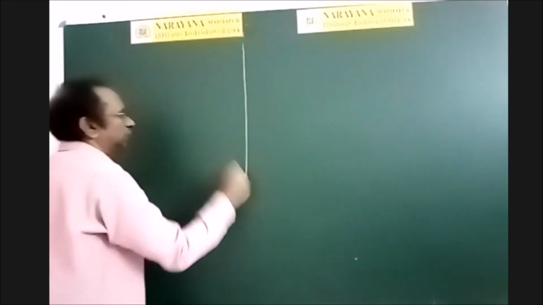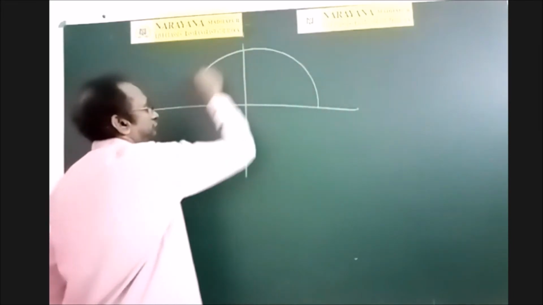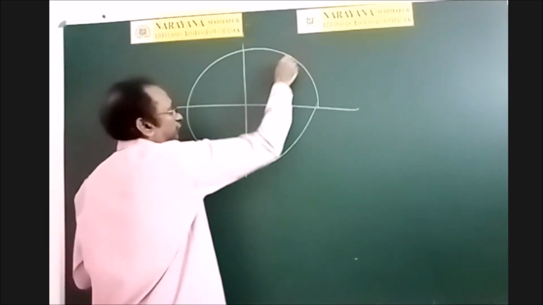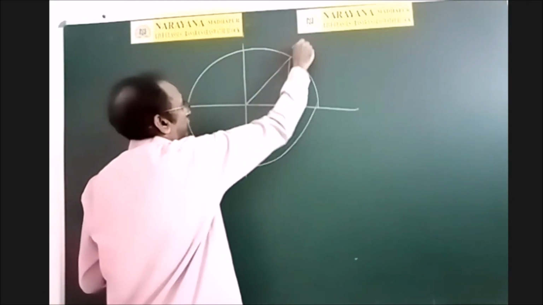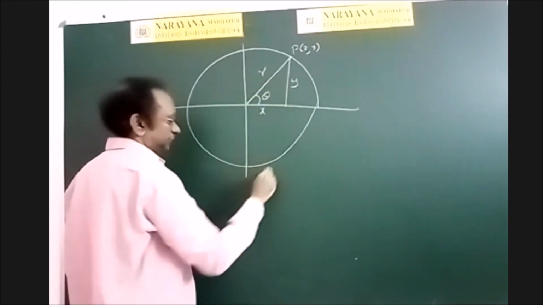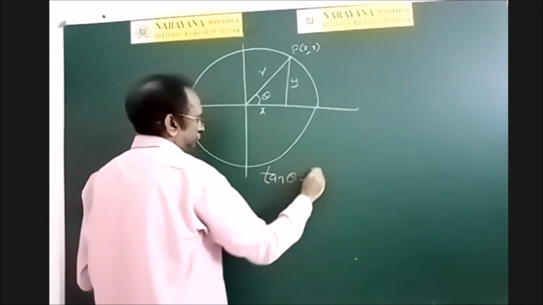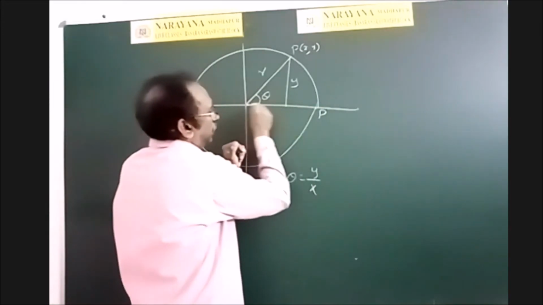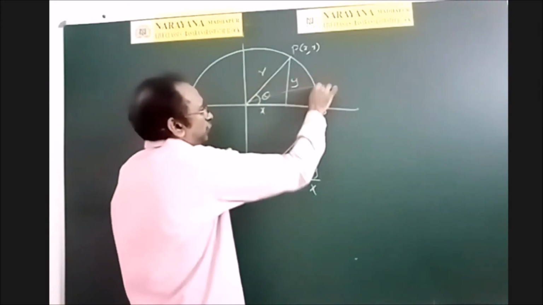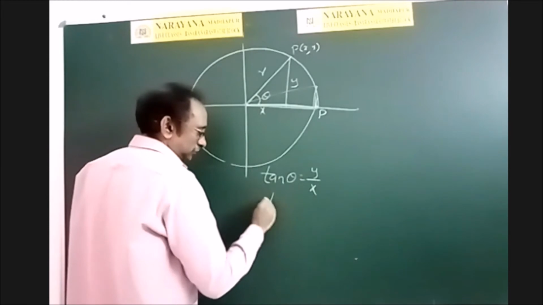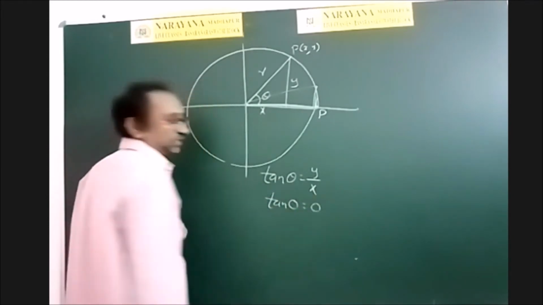Right. Now see the tan x graph. First of all, observe the circular definition of tan x. How tan x is defined in the circular mode. If you draw, this is the point x comma y. This is r, this is y, this is x, this is theta. So what is tan theta? That is y by x. Now you observe at this point, this is r and y slowly decreases here. Actually, y is 0. So 0 by x, therefore tan 0 is 0 only.